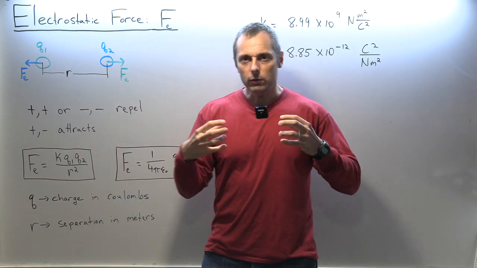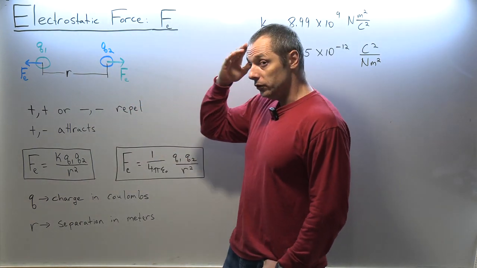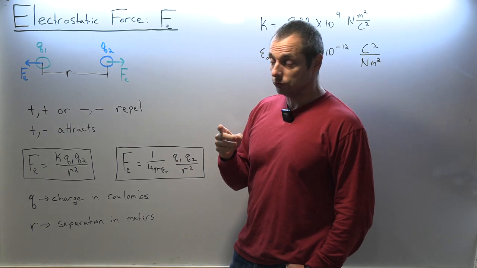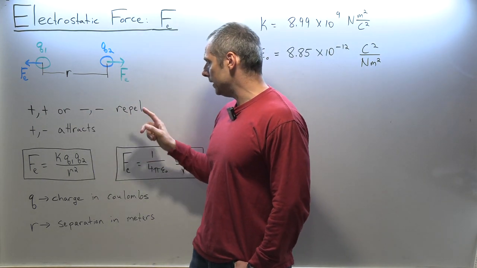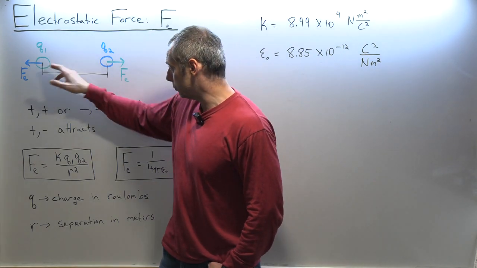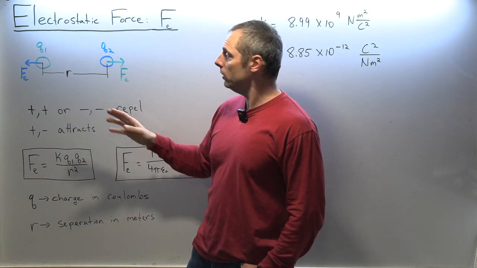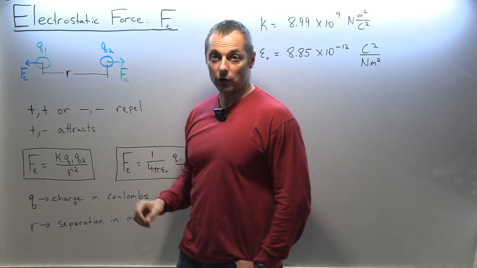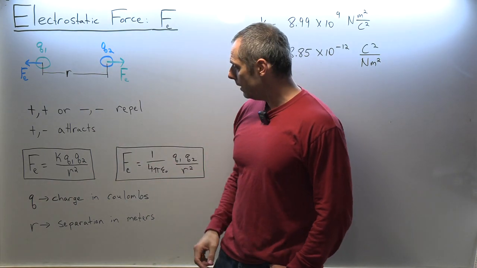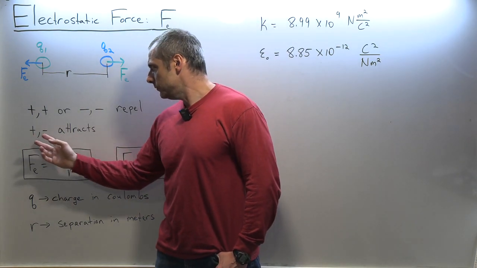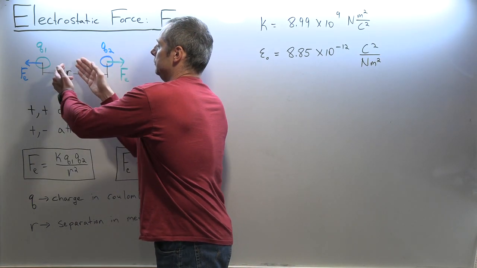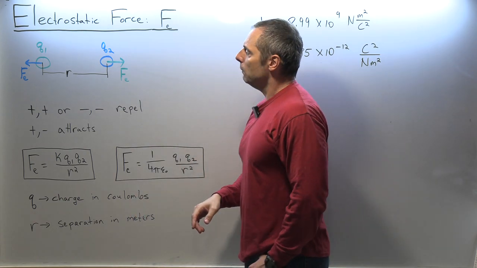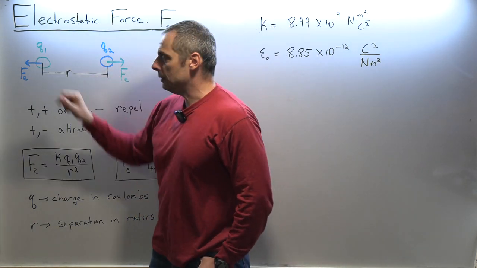As I said, gravity always attracts, but with charges, you can have attraction or repulsion. If the two charges are both positive or both negative, then you'll have repulsion. So this might be a proton and a proton, then they repel, or an electron and an electron, and then they repel. But if the two charges are opposite, plus minus or minus plus, then we would have the arrows switching inward.